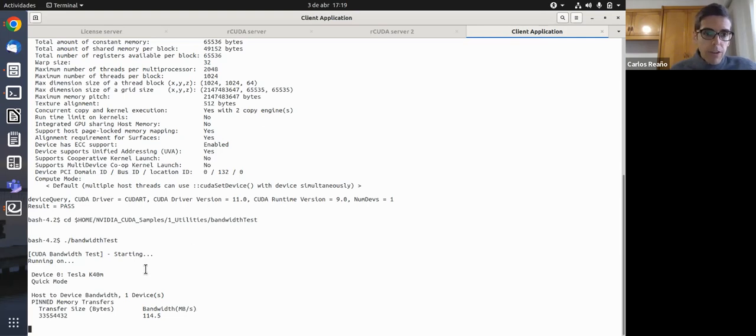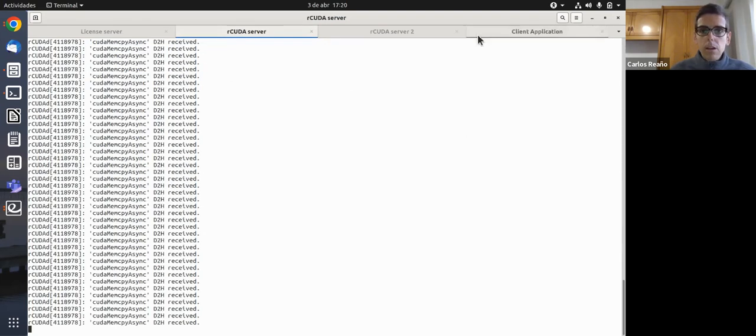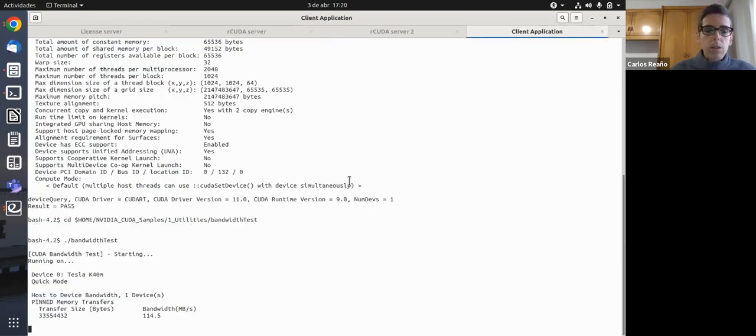So now it has finished the copies from host to device, and now the copies from device to host are starting. As mentioned, we are using a TCP/IP network. In this case, it is a 1 gigabit Ethernet network.